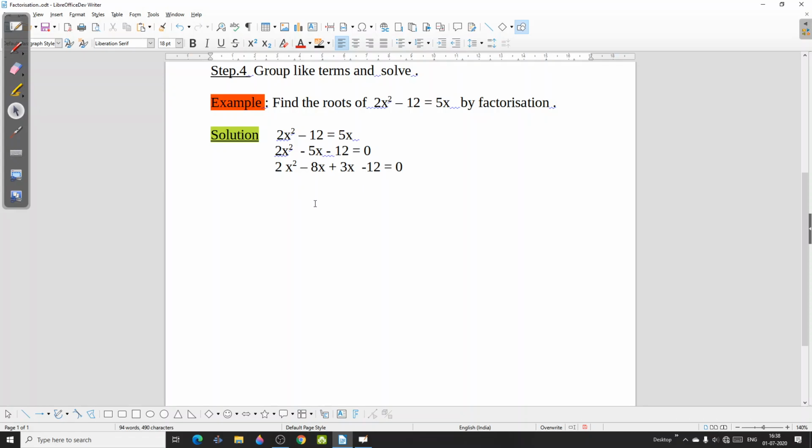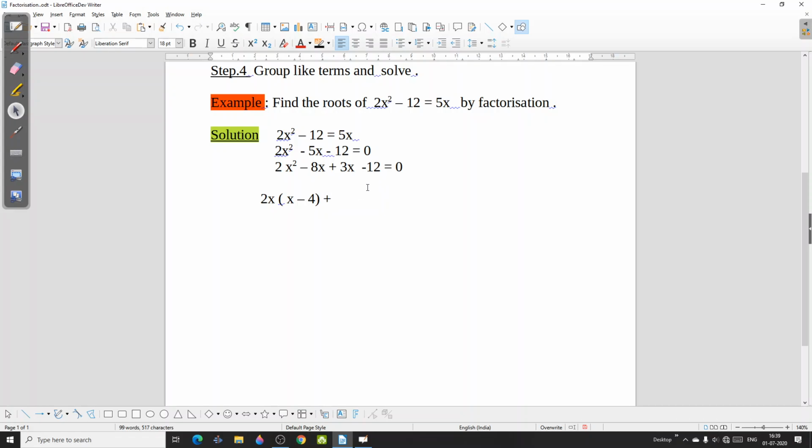Now we'll make a group of the first two terms and a group of the third and fourth terms. From the first two terms, what is common? 2x is common. So we'll take out 2x common from the first two terms. 2x has been taken out common, so remaining is x. Minus, and here again from 8x, 2x has been taken out common, so only remaining is 4. x minus 4. That is what we'll get. Then plus